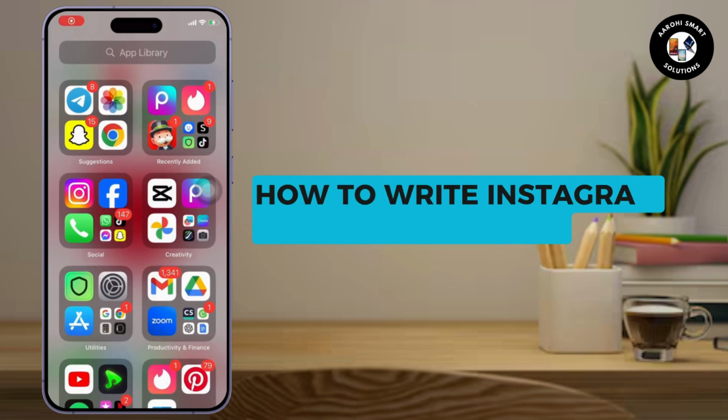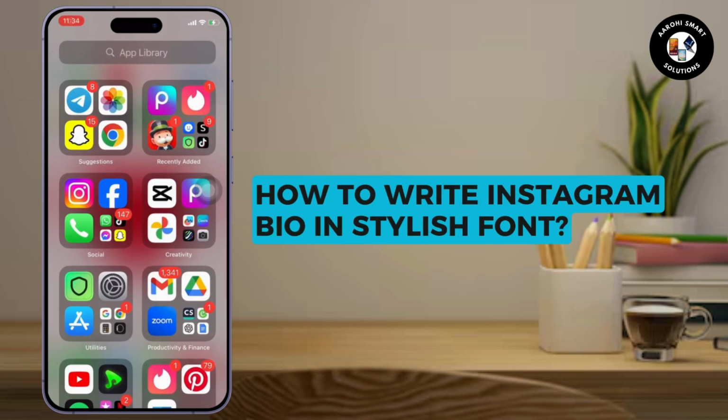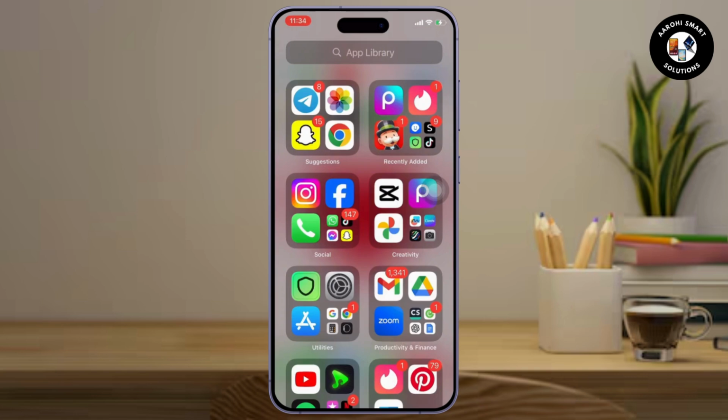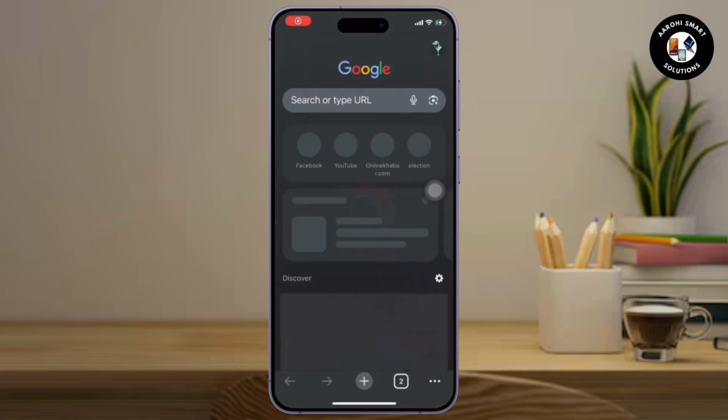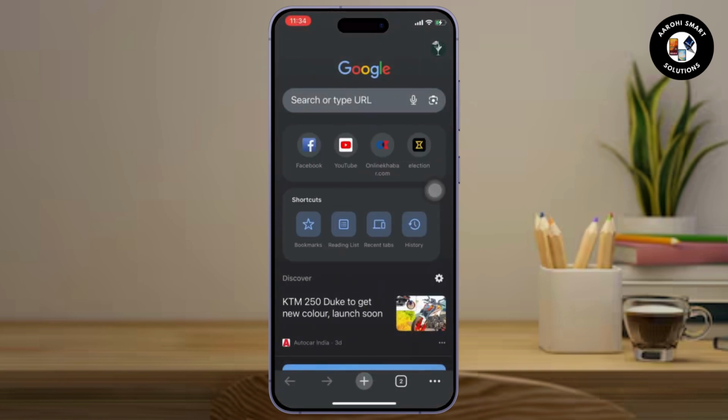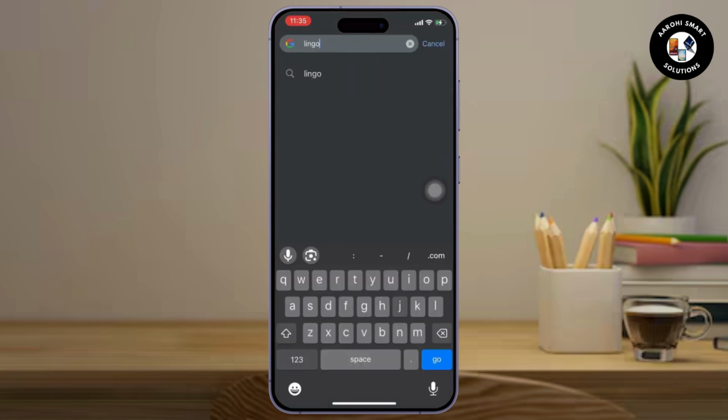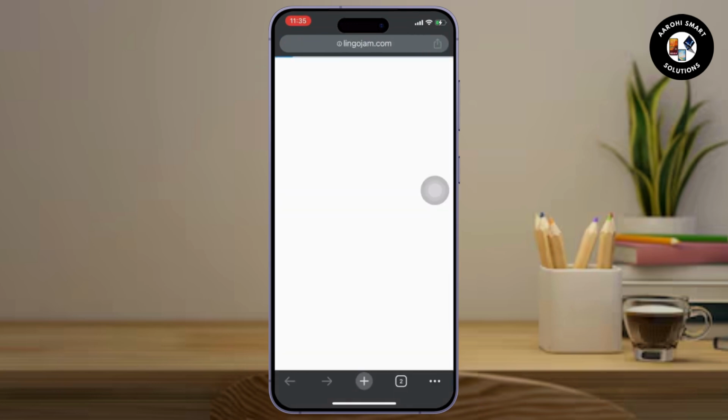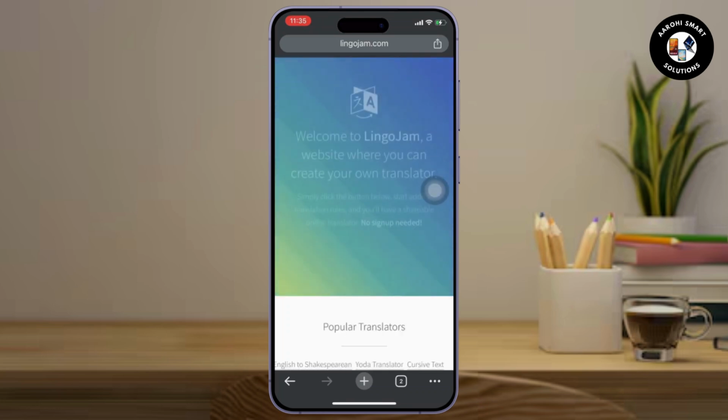How to write a bio on Instagram or Facebook in stylish font. So what we'll do is open our Google, and then after going in Google, we'll search for lingojam.com. So after searching for it, we'll reach its official website, and then after reaching it, we will